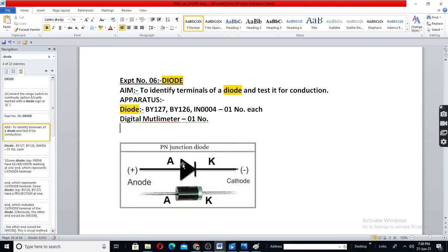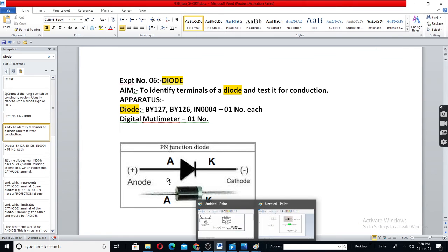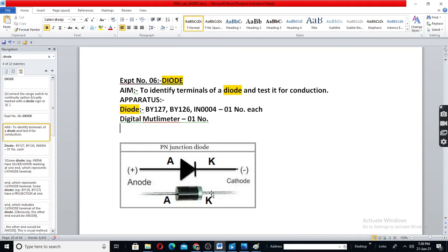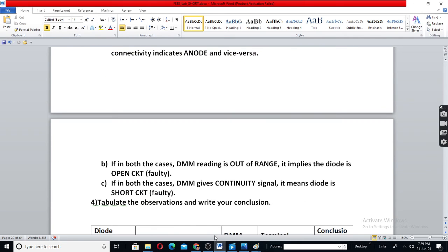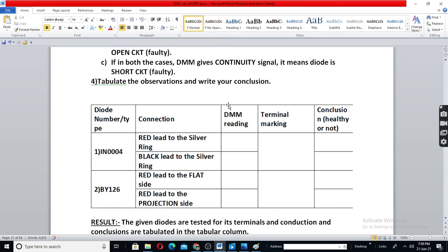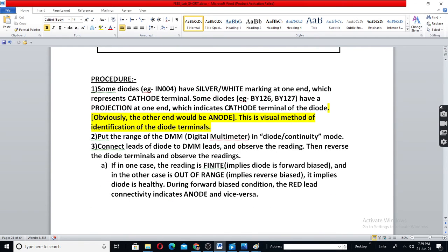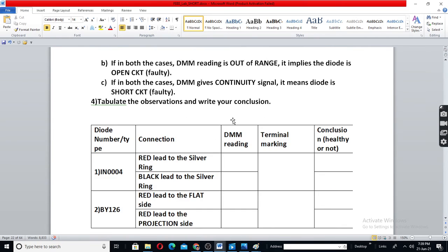Multimeter's red to silver, red here, black here. So the diode will be reverse biased. So when it is reverse biased, the reading of the multimeter will be out of range.